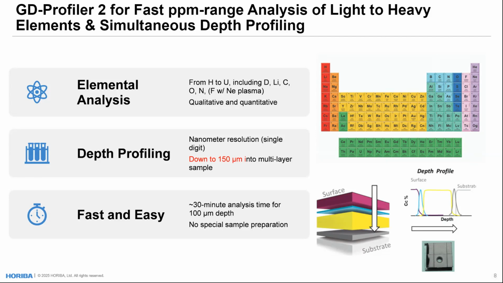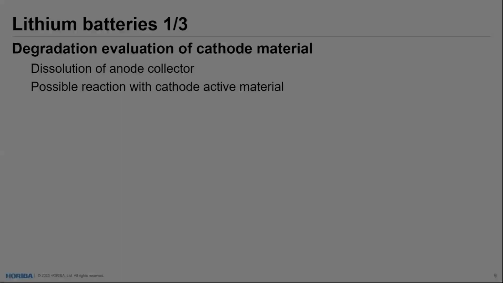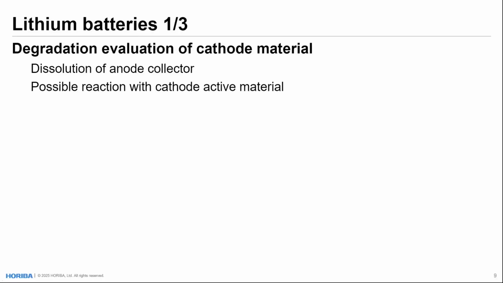So GD-OES not only can detect very low concentration, but also at the same time can detect very high concentration up to 100%. So with that being said,